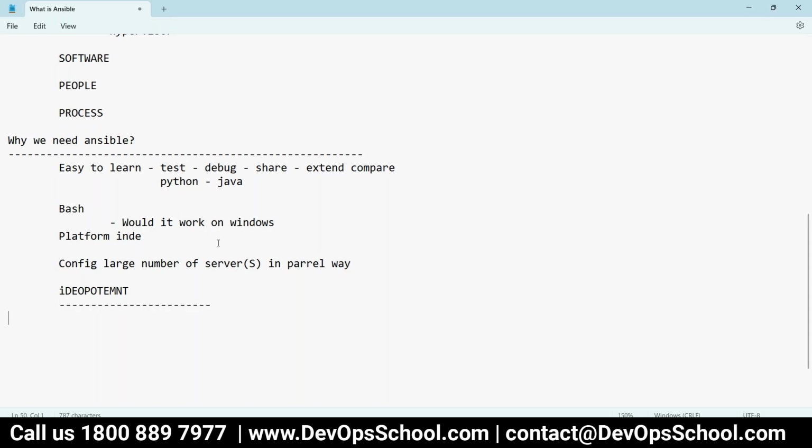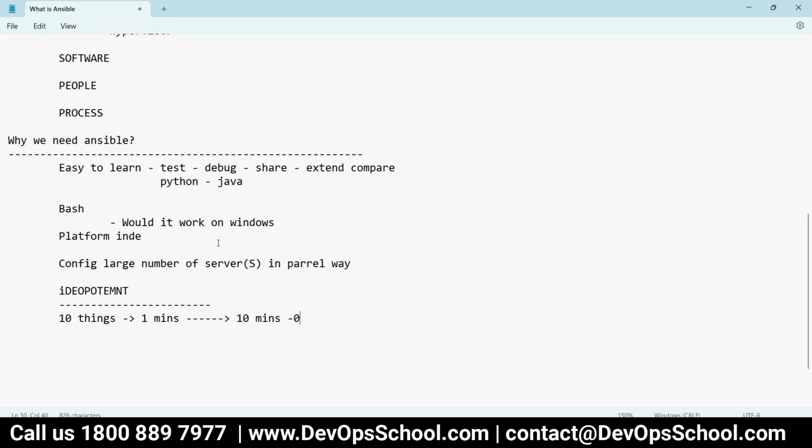So it's like this. Let's say I want to configure one server. 10 things need to be done in order to configure one server. Assume that each thing will take 1 minute. So in total how much time will it take to configure the server? 10 minutes. This happened in the first run.